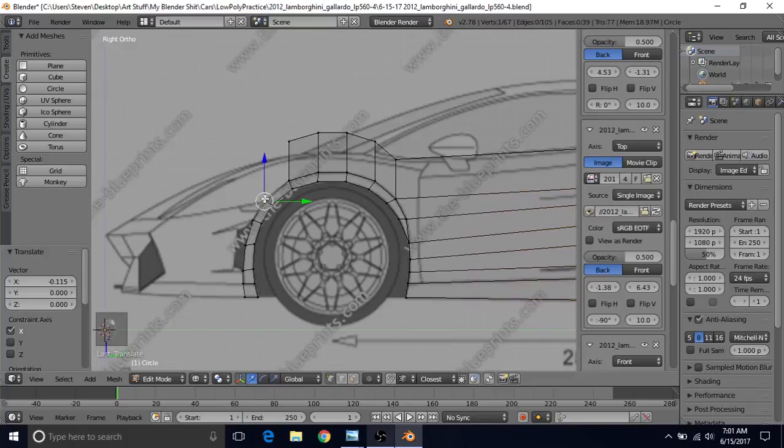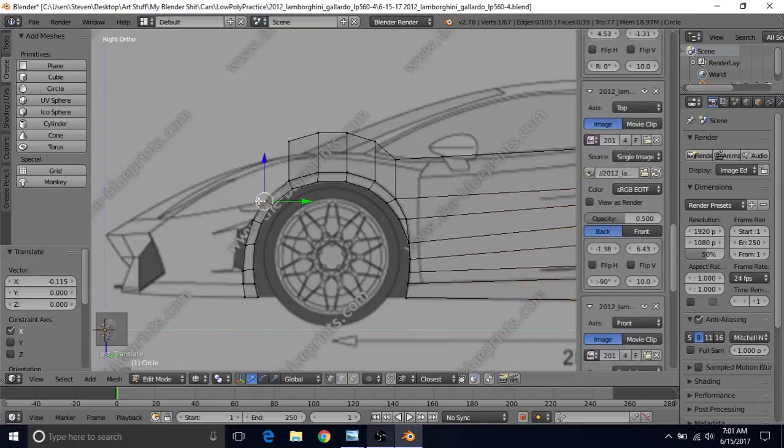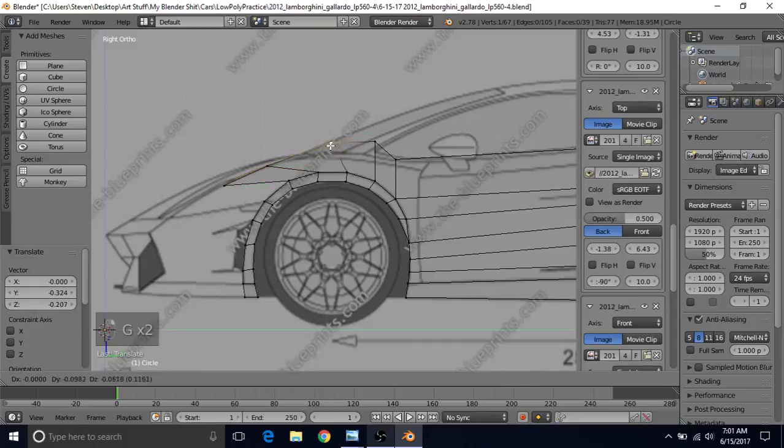So we can see here when we extrude this one, it has to follow this line. So we want to move this one closer to this line so that when we make a quad here, it's not going to be horribly stretched. It would be really stretched if we did it like this. So you want to move this over here more, and then move this one over here some, and this as well,